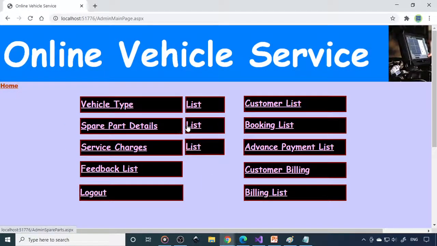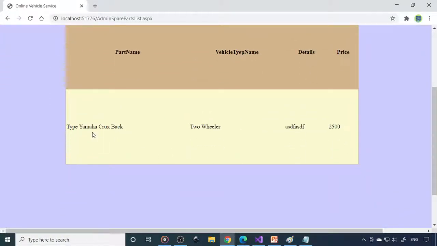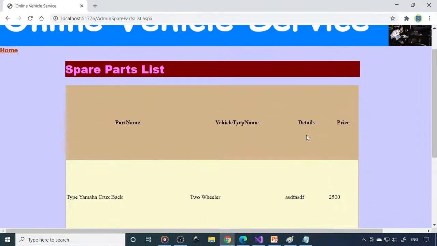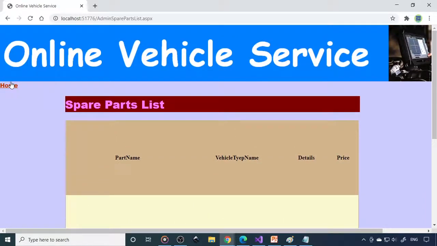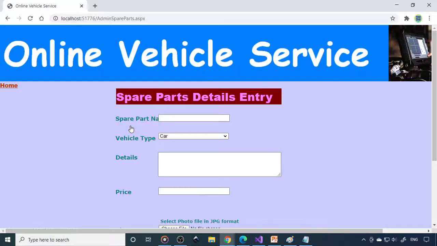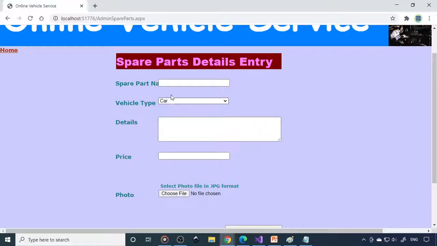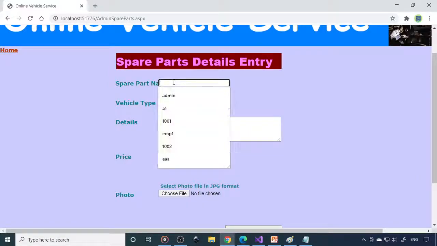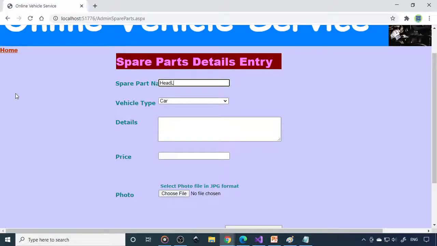Then spare parts. If I go to list, you can see there is one headlight. So we can go to spare parts and enter car details. So here is the spare part name. Okay, headlight. Generally the headlight will go as headlight front.